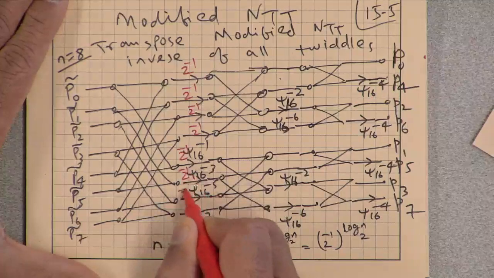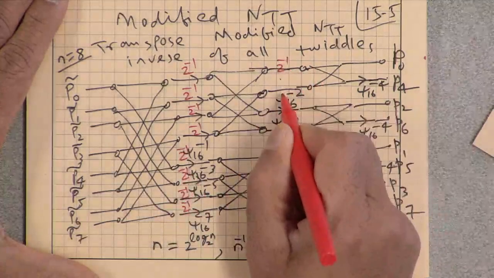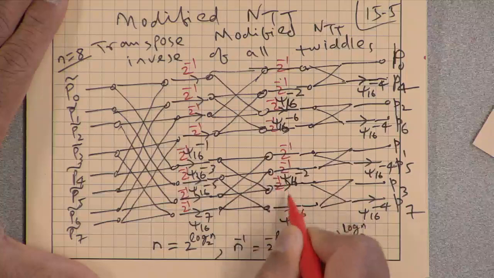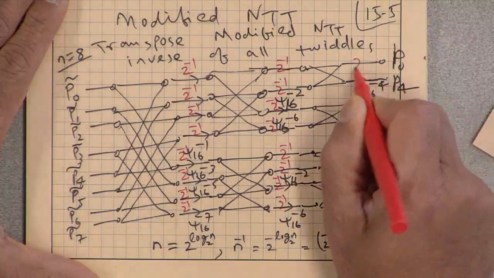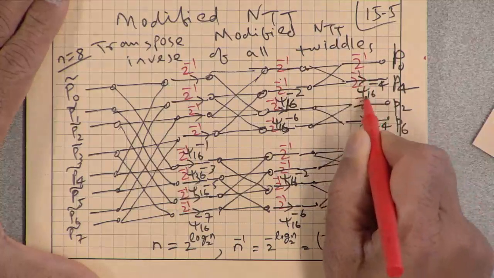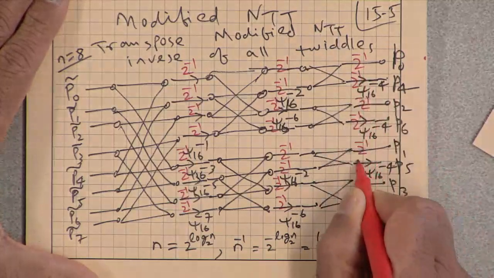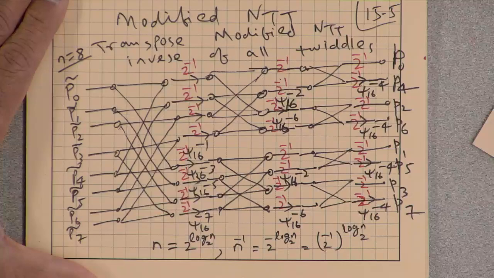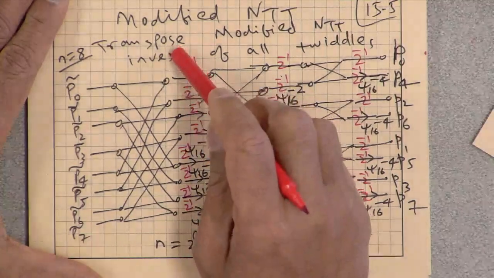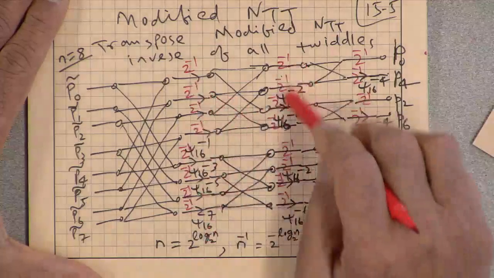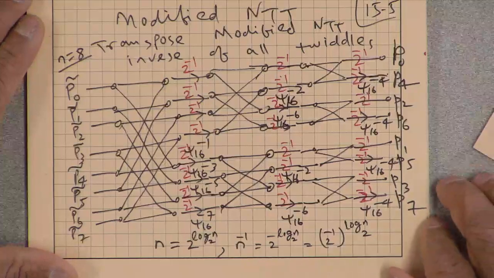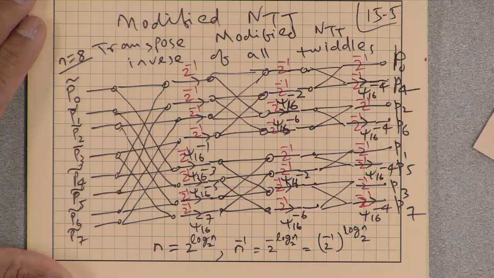Okay, so that's one time multiplication. Second time multiplication, after every butterfly, multiply 2 to the power minus 1. And third stage of 2 to the power minus 1. And now we have included 2 to the power minus 3, which is 2 to the power minus 8. That's what n inverse is, multiplying by 2 inverse at each and every stage. Is that difficult to think about? It's kind of weird. It is. But,